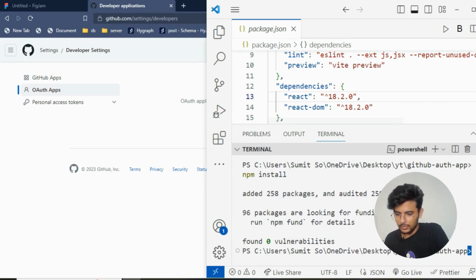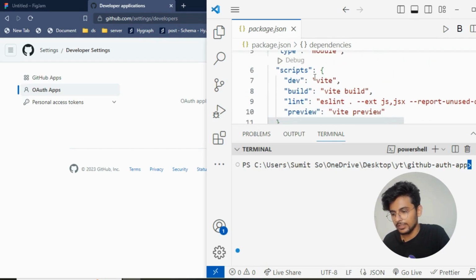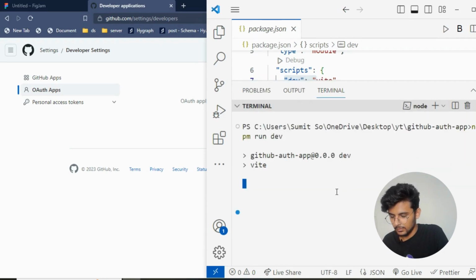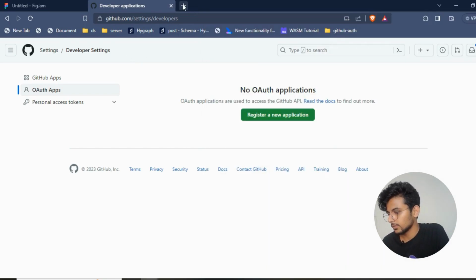Okay, everything is installed now. In order to run this application, we need to run this command. So type npm run dev. Okay, so our application is running on localhost 5173. Let's see how it looks.